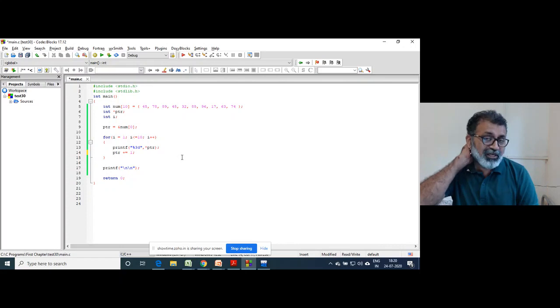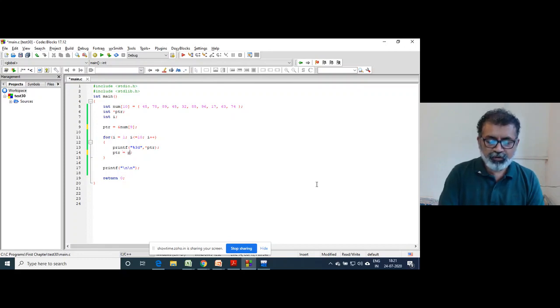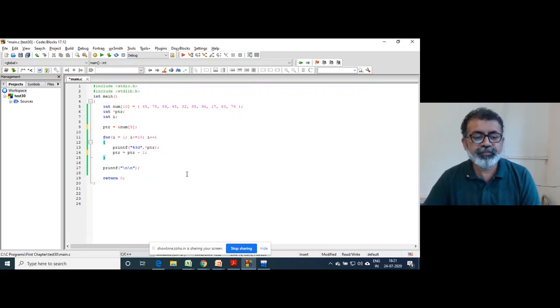Now similarly, a constant can be subtracted from the pointer. Suppose I am storing the address of the ninth element here, and I write ptr = ptr - 1.